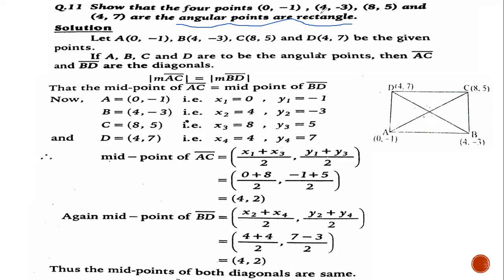Saad Tahir? Saad, can you listen to me? Yes, sir. What is the meaning of angular point? Define angular points. These all are the angular points, the points where an angle is formed. So, in other words, angular points are also vertices. Vertices and angular points both are the same thing.